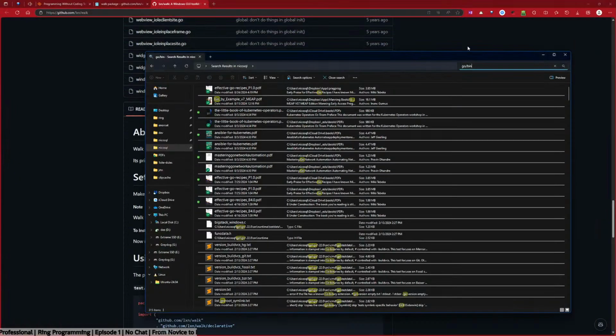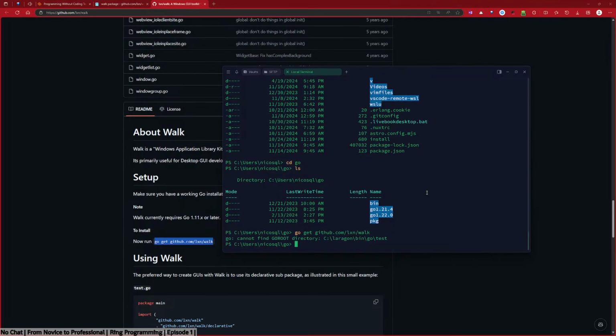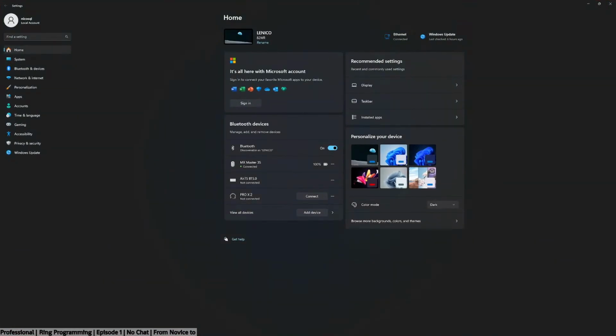So that, and then now I should be able to do it. Why do I need go root, dude? God damn it. Okay, fine. I'll just do that.